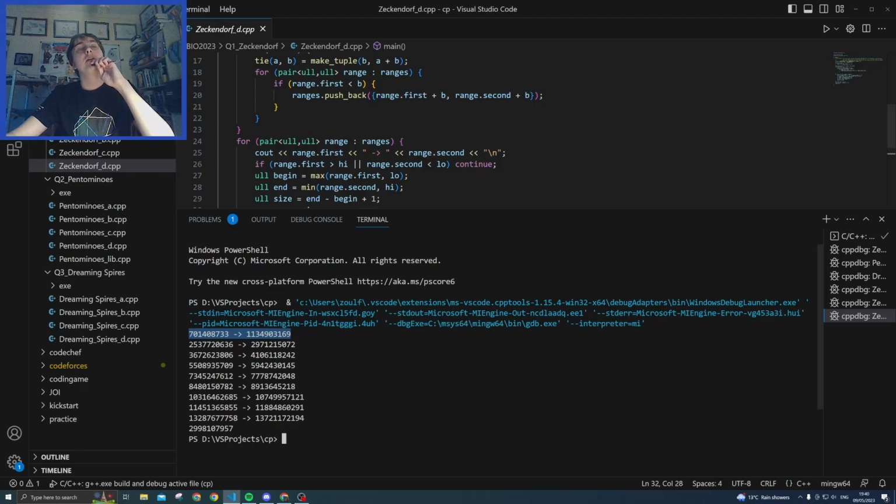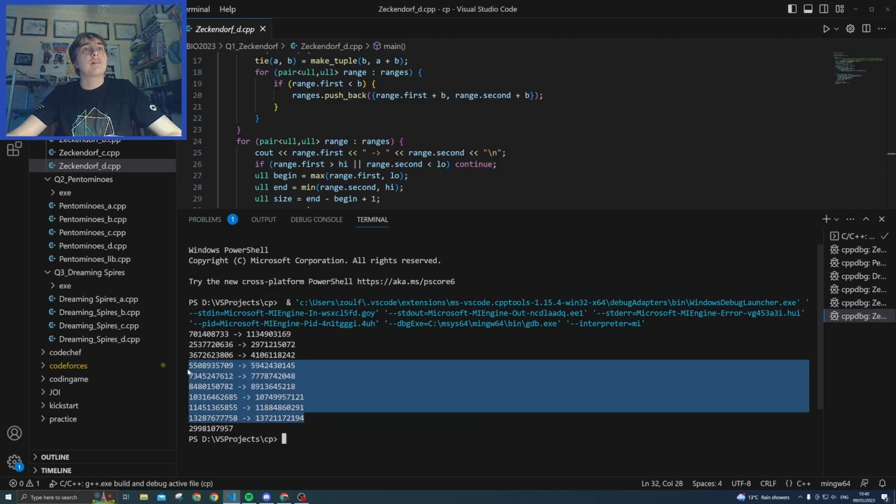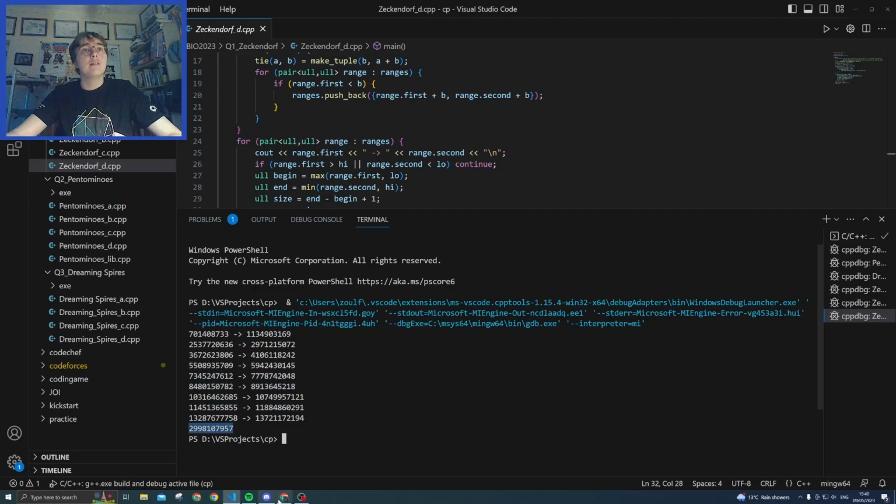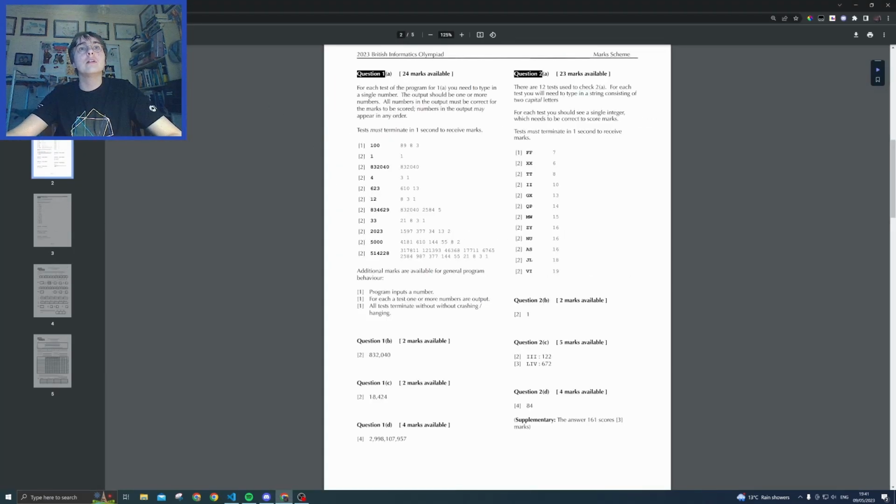Obviously all numbers in that range will have this Fibonacci number in their Zeckendorf representation, and then we're just adding on the next biggest Fibonacci numbers and creating these ranges, and then we're subtracting the inner ranges from the outer ranges, and we're ignoring these ones that are out of bounds because they don't matter. And then we get this as our answer, and if we look at the answer booklet, this is